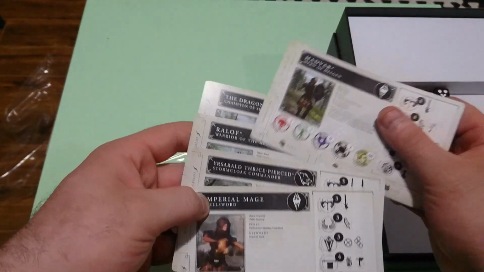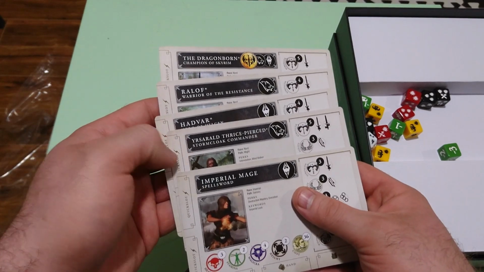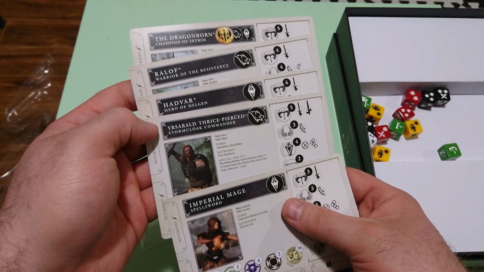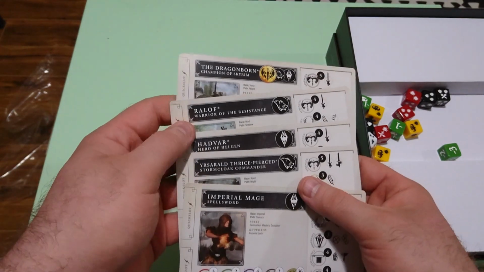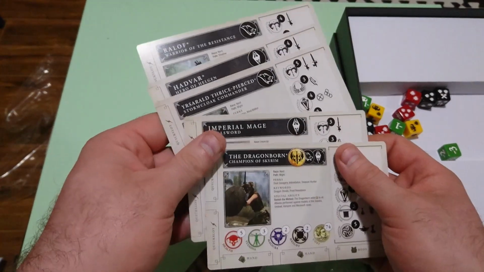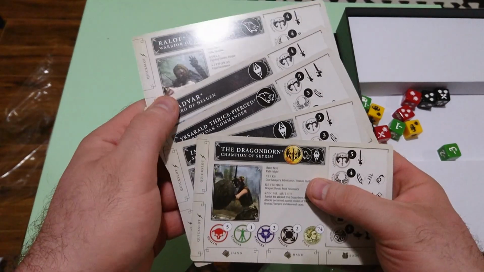You have Hadvar and Ralof there from your starting quest. I've never been able to pronounce his name, the thrice pierced, the guy who yells at you in Ulfric's place, I believe. An Imperial Mage, and of course, the Dragonborn. I'm looking forward to more Dragonborn type adventurer characters because he can kind of play for any side, which is